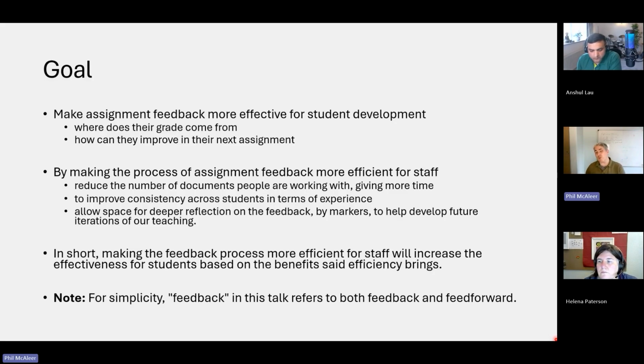We think if we can make it more efficient for staff, then that will leave them more time to improve the feedback they're actually giving, right? So we're going to try and look at reducing the number of documents people are working with. We're going to try and improve the consistency across students in terms of their experience, in terms of getting the same style of feedback at least, or the same quantity of feedback that everyone else gets. And we're going to try and allow space for deeper reflection on feedback by markers to help develop future iterations